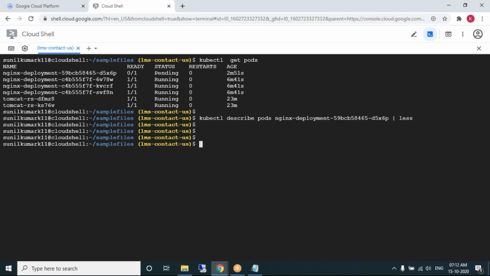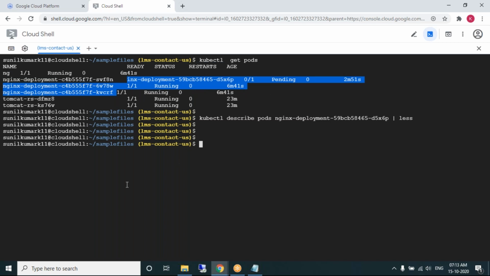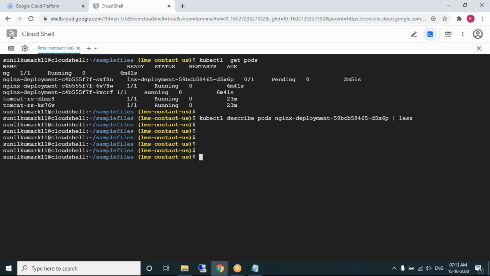But interestingly, you're getting 4 pods. At any point of time, one pod will be in 0 state. It will not be running. That's the reason at any point of time, 3 pods will be running.